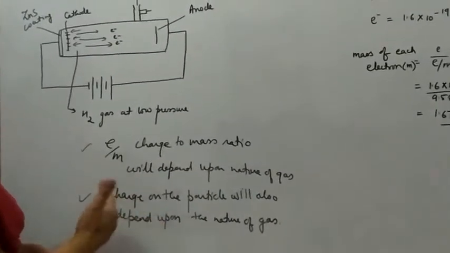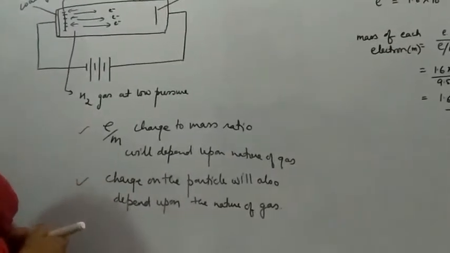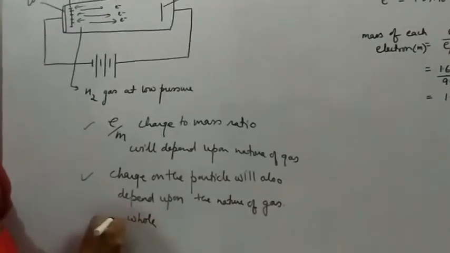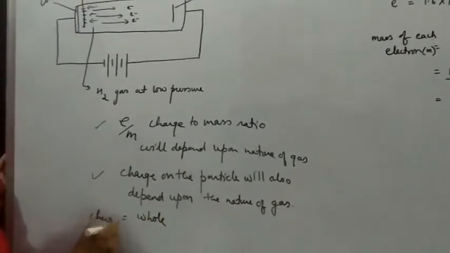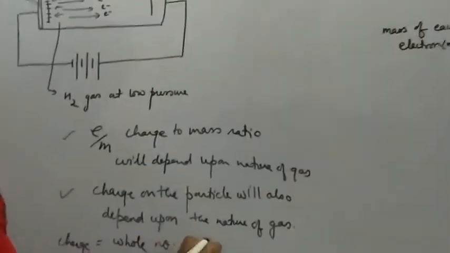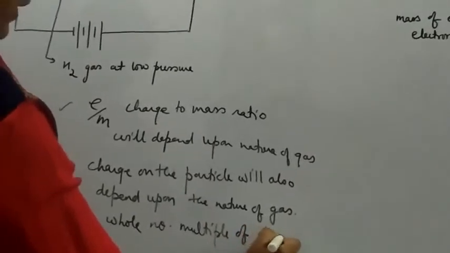As a result, the charge on the particle which will be left behind is also going to vary. So it has been found that the charge is equal to a whole number multiple of the charge on the electron,